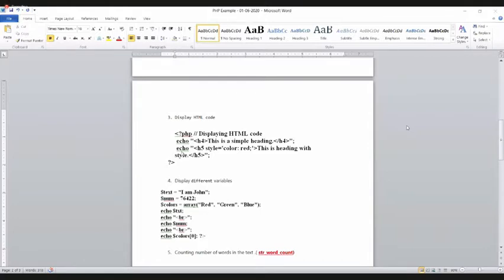Have you finished the HTML tag? You want to save it with the PHP extension, right? Then go to the localhost and run this code, and then you can display the 2 lines, one without any color, just black, the other one with the red color. Have you seen those outputs? Yes, madam.